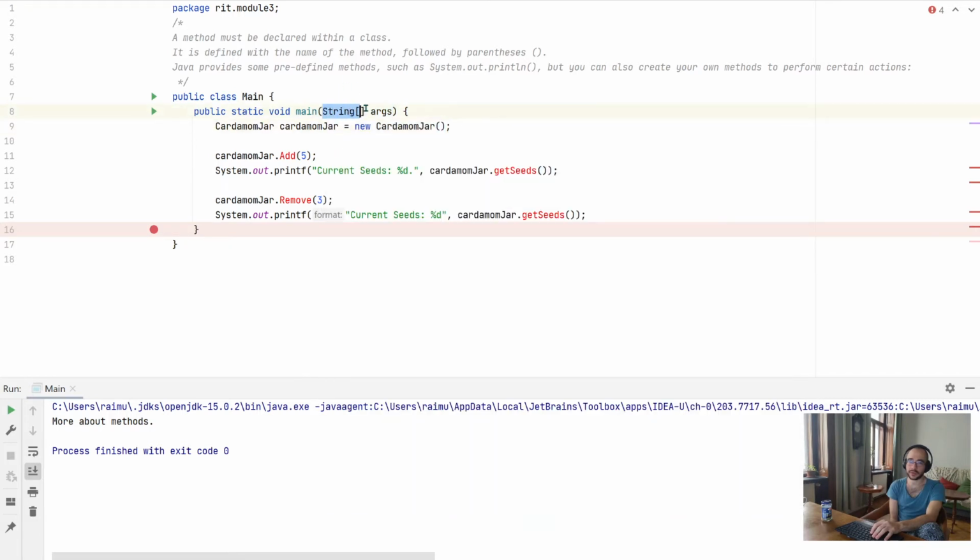And you also can, of course, pass arguments or parameters to a method. So a method must be defined within a class. So each method is inside a class. It is defined with the name of the method. In this case, the name is main, followed by parentheses. Those are our parentheses. Java provides some predefined methods, like printf, println, but you also can create your own methods to perform